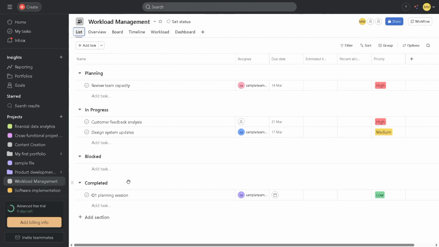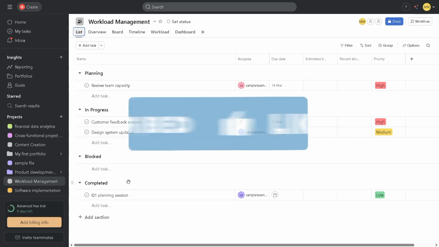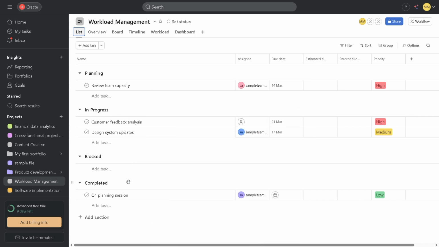In today's video, I'm going to teach you how to see staff capacity in Asana Workload in portfolios. This functionality can be incredibly valuable in managing your team's workload effectively and ensuring that no one is overwhelmed with